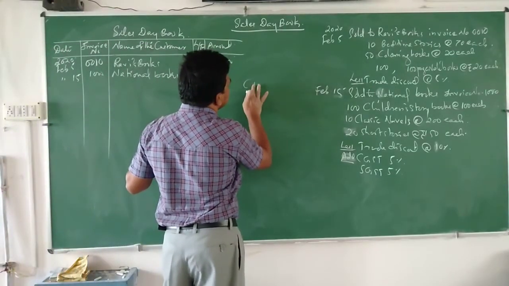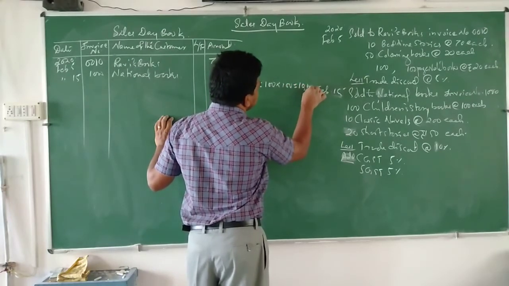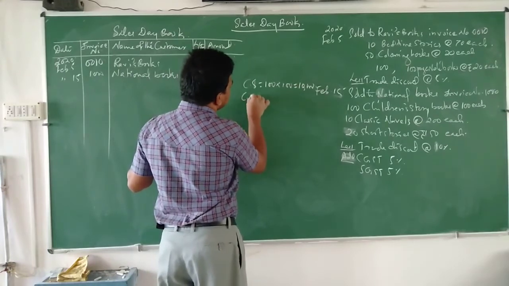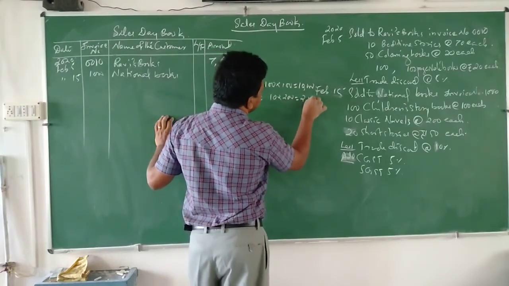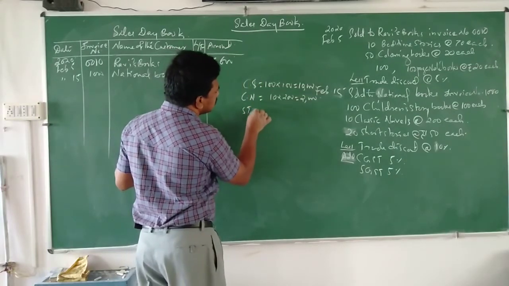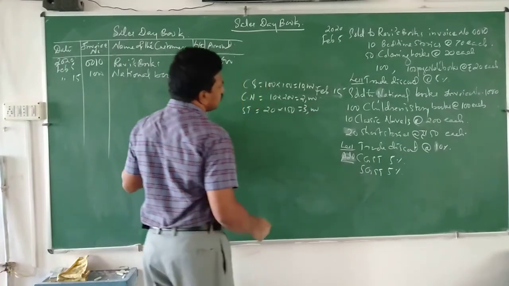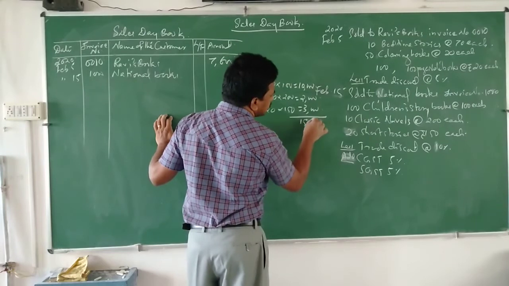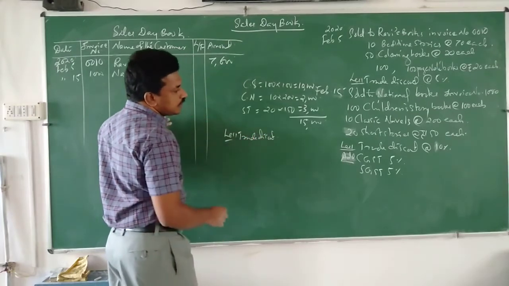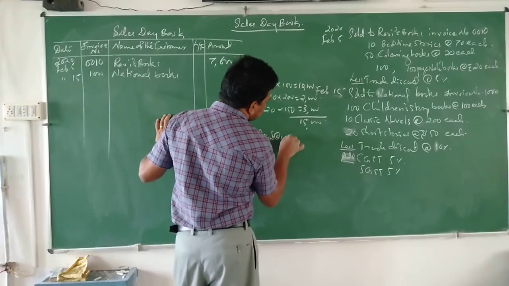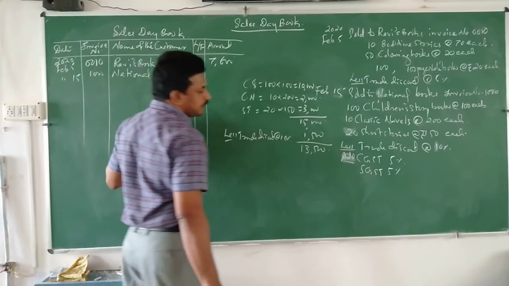National Books. Children's story book. How many? 100 into 100, 10,000. Then classic novels, 10 into 200, 2,000. Then short stories, 20 into 150, 3,000. So total 15,000, less trade discount. How much? 10%. That means 1,500. So what is remaining? 13,500 is remaining. Then add